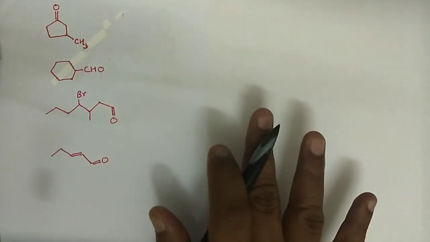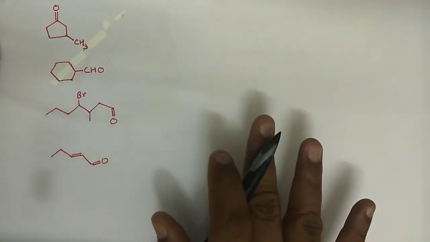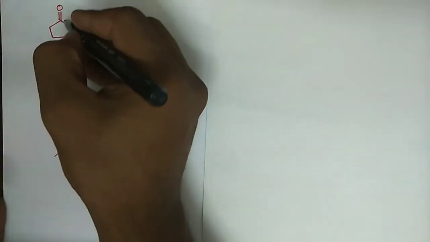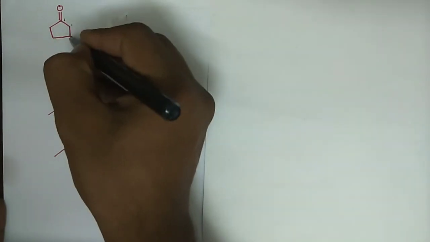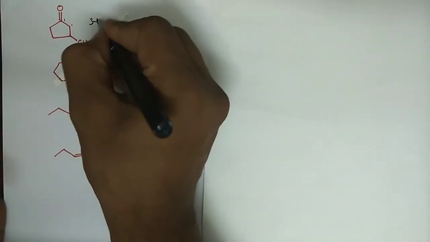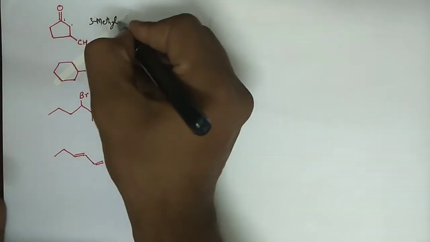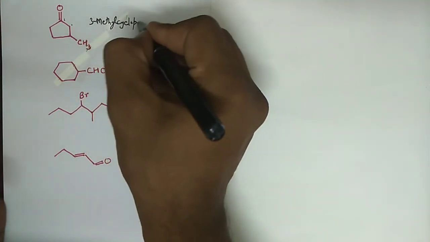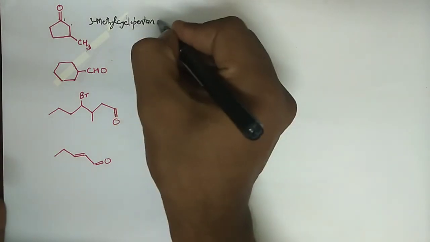All right, now let us go and practice some nomenclature questions, right? What name can you suggest for this? You can pause this video and write your name and then match with what I am going to write, right? So now the name for the compound: this is first carbon, second carbon and third carbon. I am writing here 3-methylcyclopentanone, right? Because this is a keto group.